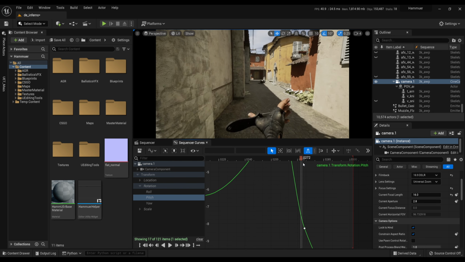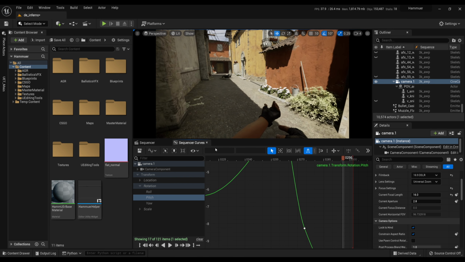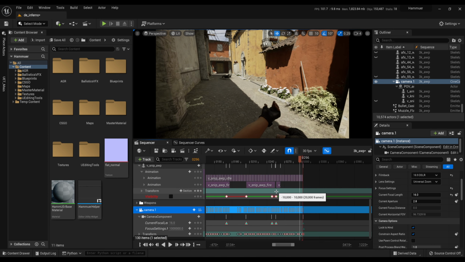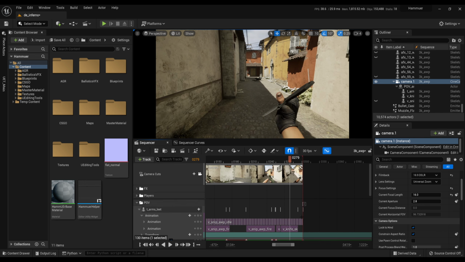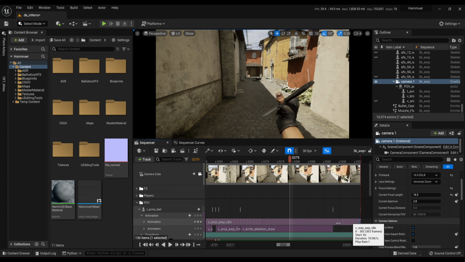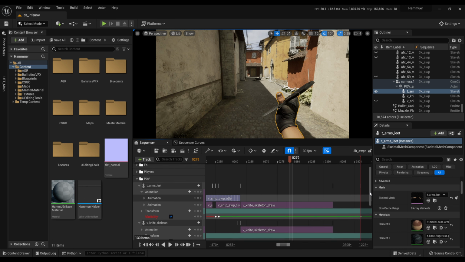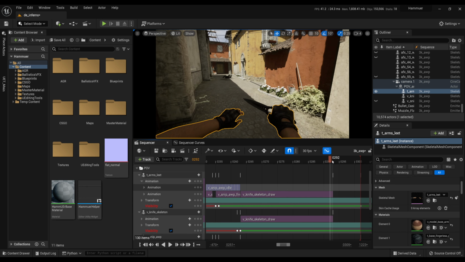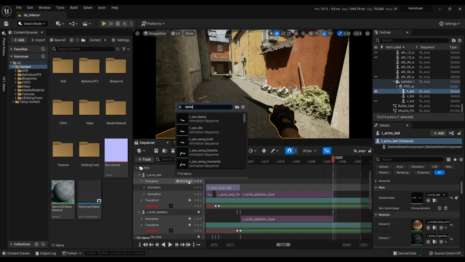Remember that you can always re-import to camera if you want. I want to add idle animation for my knife to finish my POV.